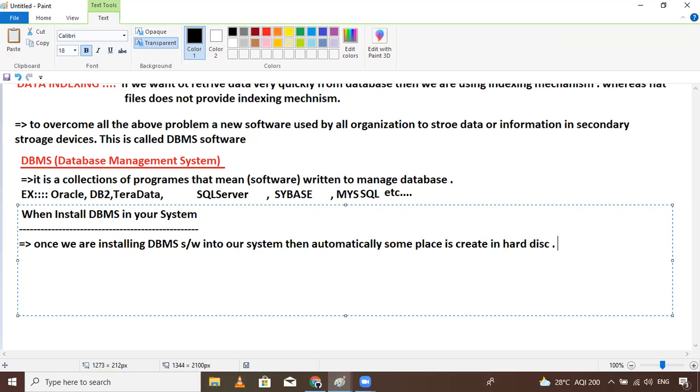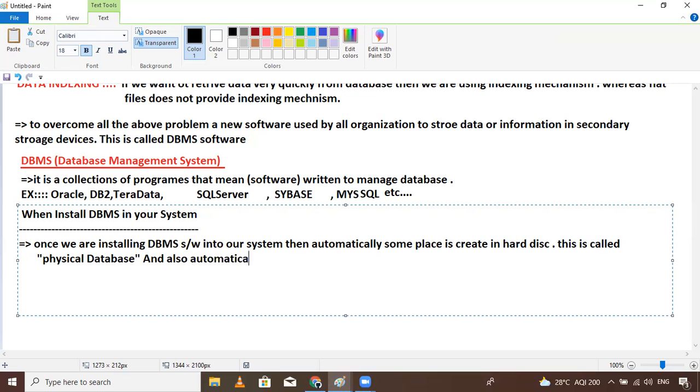That place is called the physical database, and also